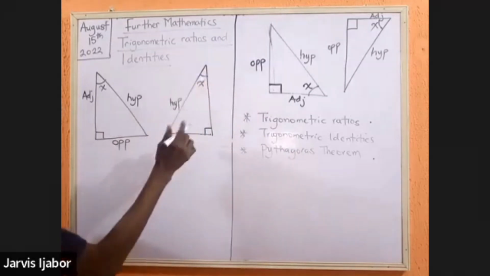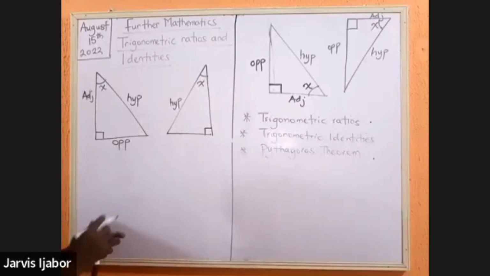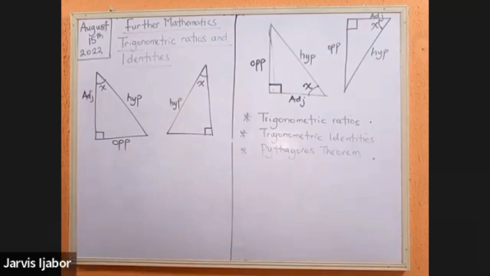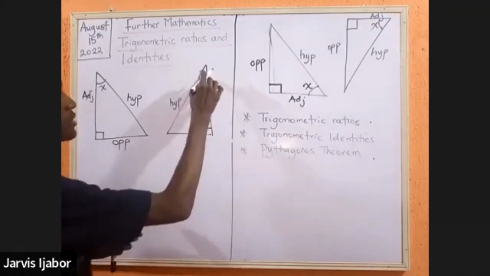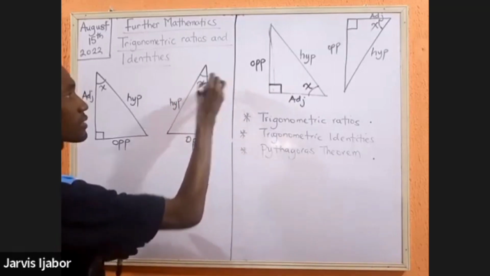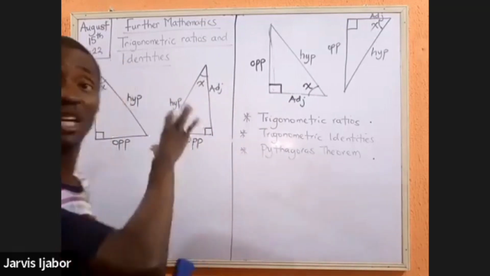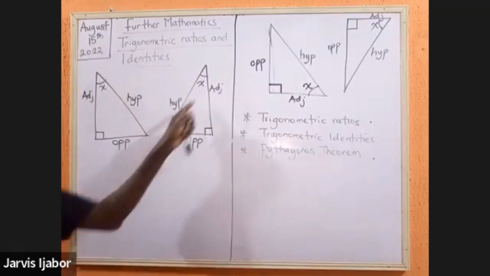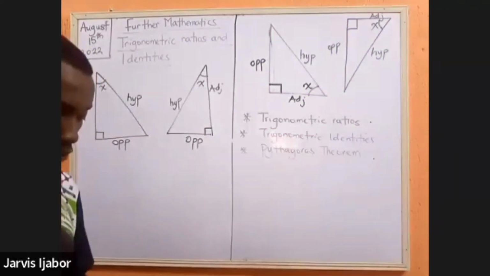What this angle is seeing is called the opposite. And what this angle is resting on, this side, is called the adjacent. So you see that these are the labelings we have for this diagram. It's important you take note of them, because these are the things we're going to now use to develop trigonometric ratios. All right, so